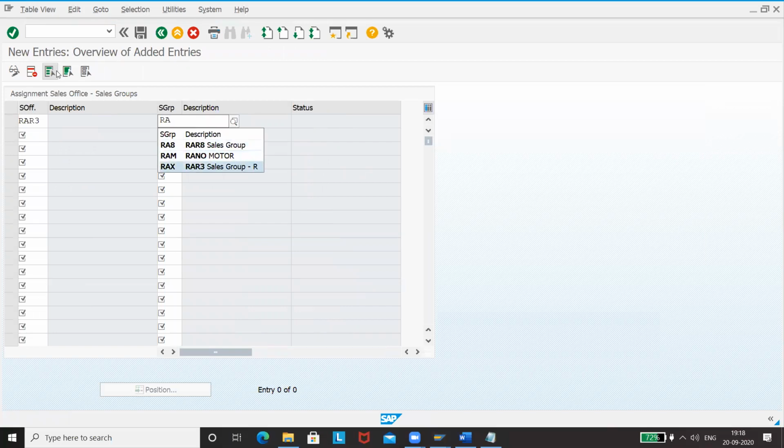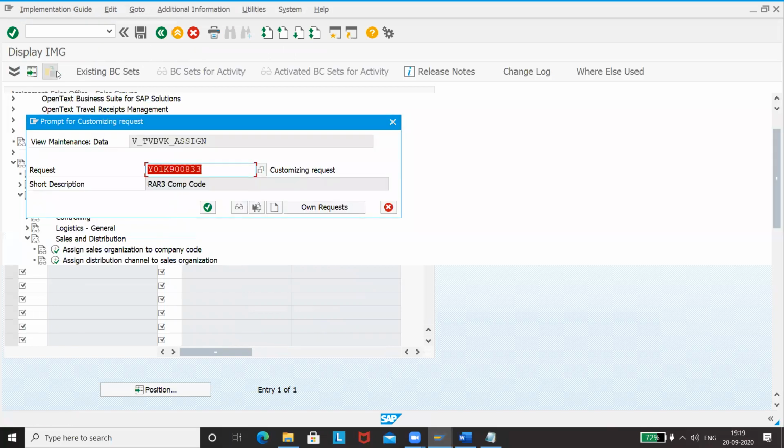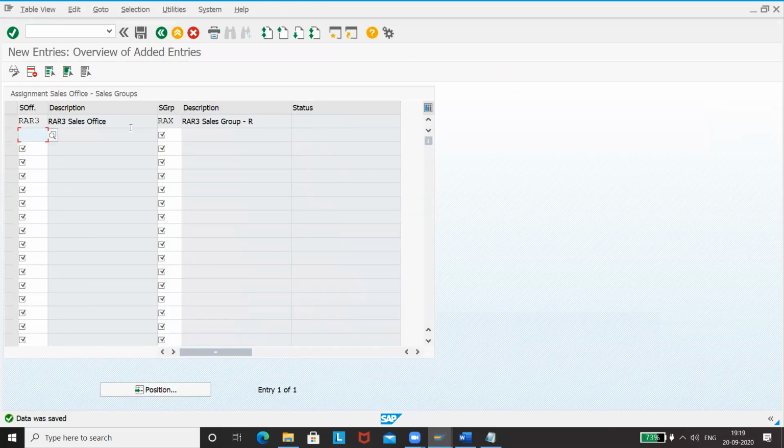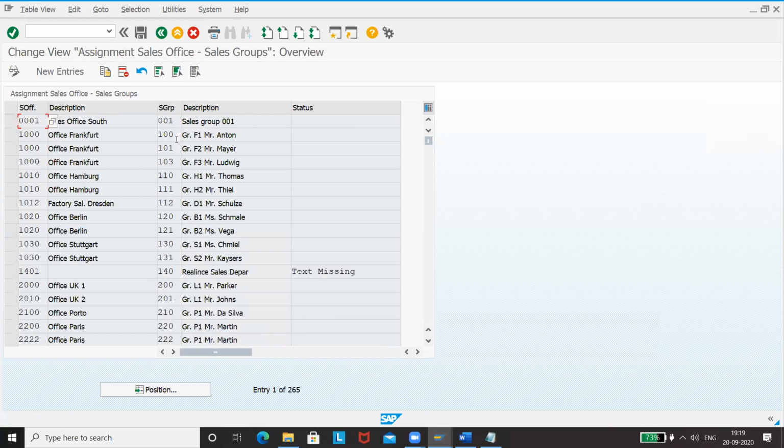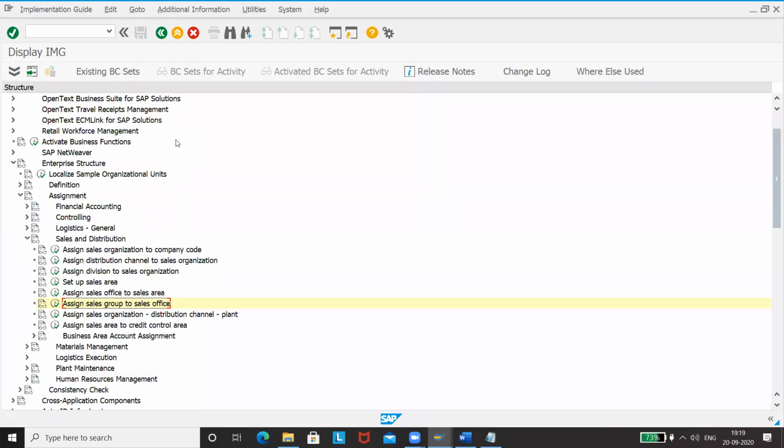We have maintained this as sales group. If at all you have one more group for Vikram, then you have to give RA3 and then here RAV or something like that. So this is also very much important here.